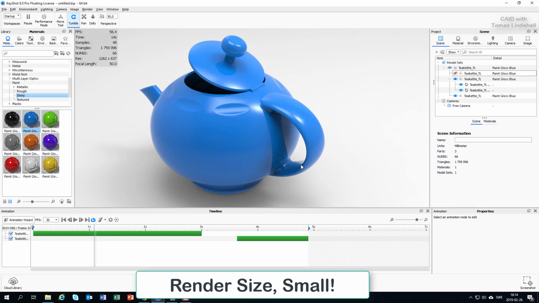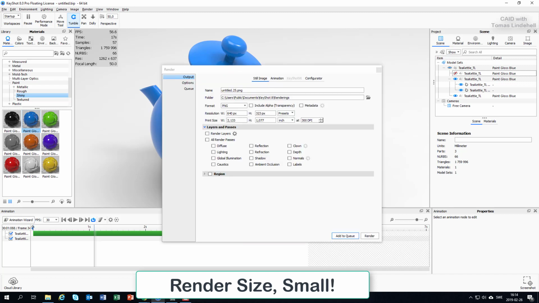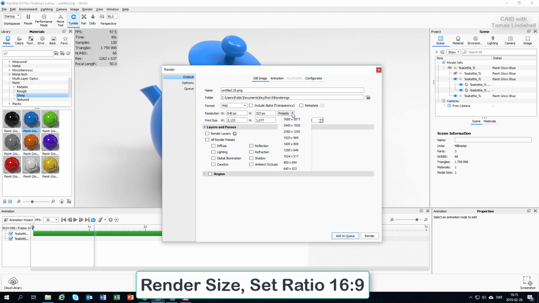Okay, let's go for render. And when you render, the first thing you would like to look at is the size of the image to render. And I suggest to go super low. And another thing is, if you're doing animation, is trying to go for accurate ratios. So you know the ratio between HD and old television sizes. So in this case we need to find a preset. So in this case it looks kind of funny here, 1920 by